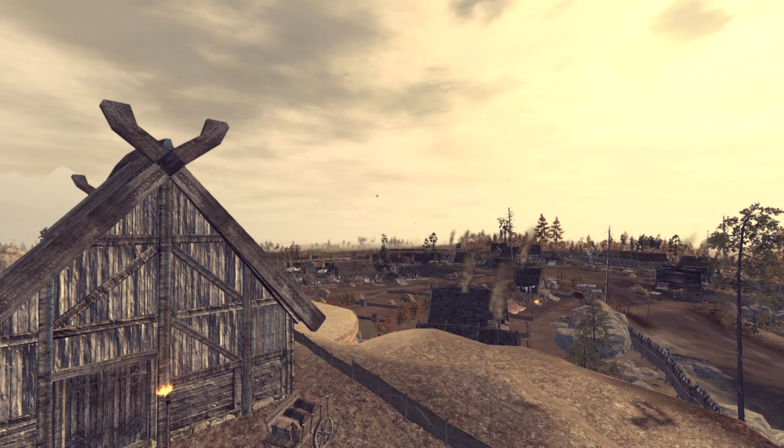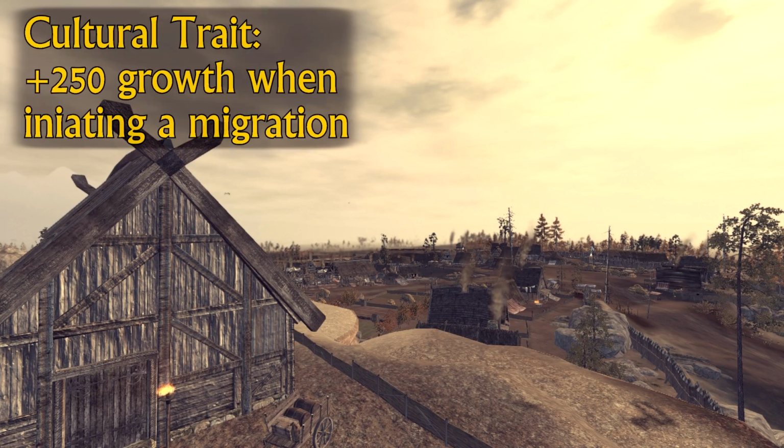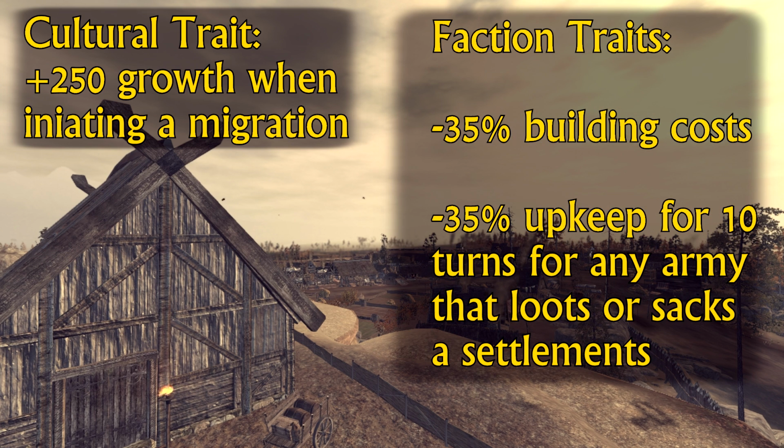Just like the other migrating factions, except for the Huns, the Suebi get plus 250 growth when initiating a migration. Besides this cultural trait, they also get bonuses from their skilled migrators faction trait. One of those is the fact that the Suebi's building costs are minus 35%, which is a huge amount for